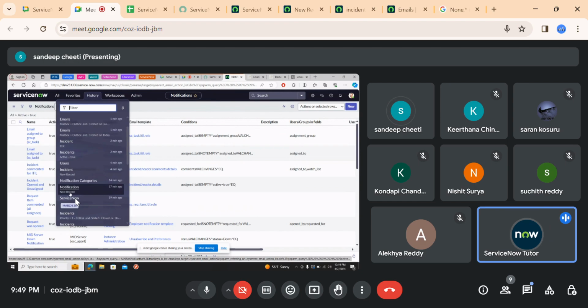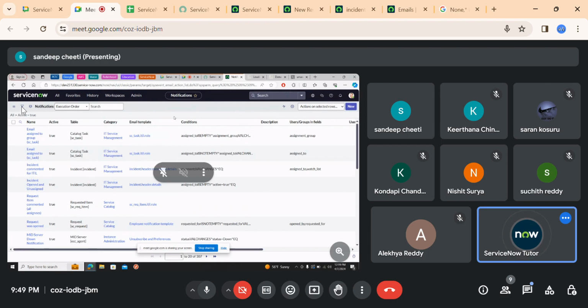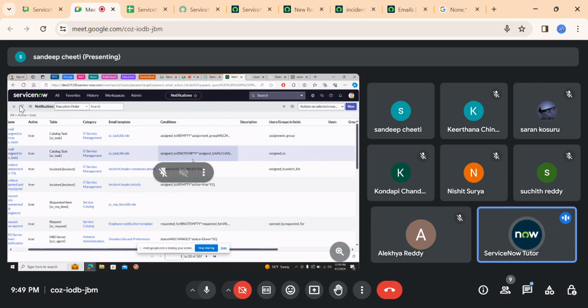Here, in the notification list only, you can search with your name, or you can use the filter condition builder in the funnel and set created or updated last 20 minutes or 30 minutes.